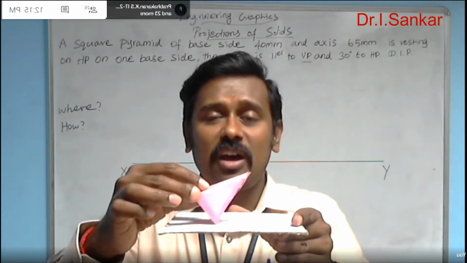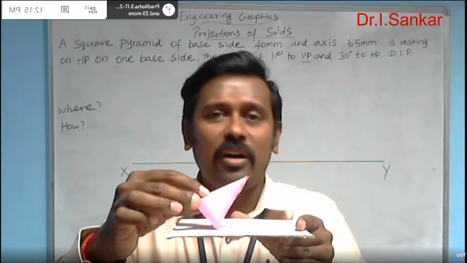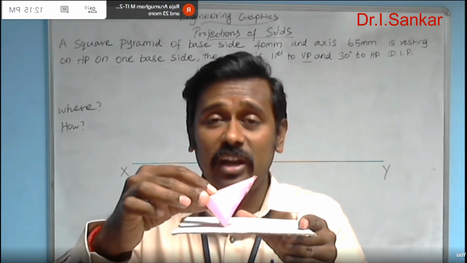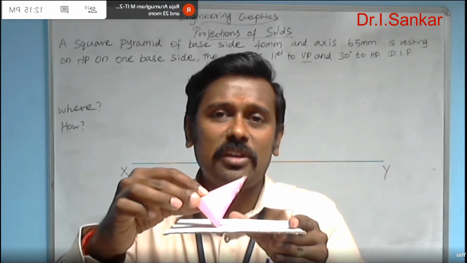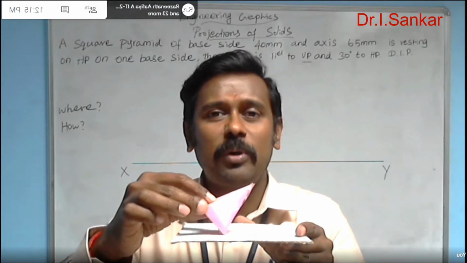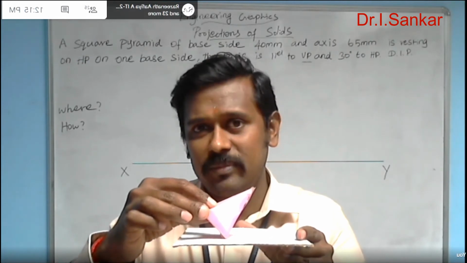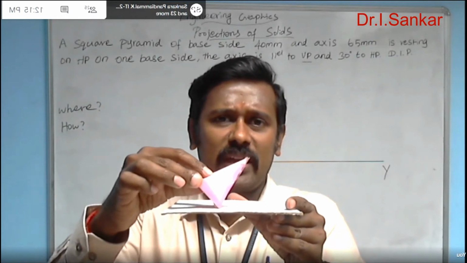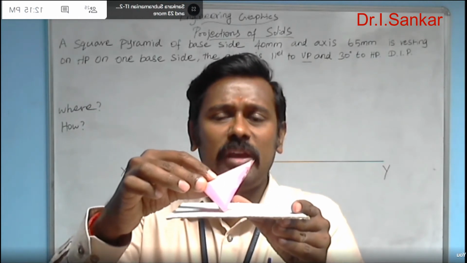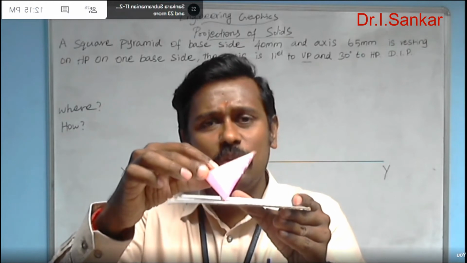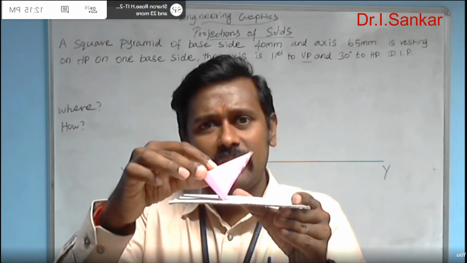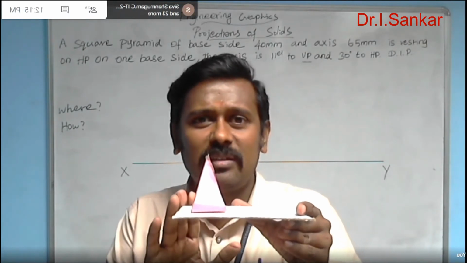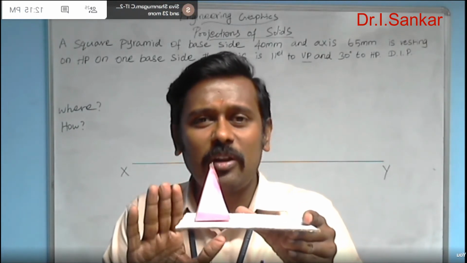Now the axis is not perpendicular to either HP or VP. It is actually parallel to VP and inclined to HP. But what I am asking you is to make the solid axis perpendicular to any one of the principal planes. Now just think, making the solid axis perpendicular to VP or HP, which one is easier for you in that condition? This is nothing but the solution. I just made the solid axis perpendicular to HP.